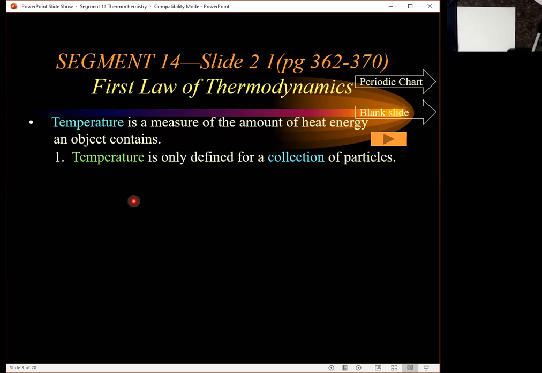So if I get several molecules, like a mole, I've got 6.02 times 10 to the 23rd particles in that sample. There is no way that I, or even the biggest supercomputer in the world, could ever predict where all those particles would be at some later time. So the temperature is certainly well defined for a mole. It's not defined when you get to smaller amounts. Where does that crossover occur? I don't know,